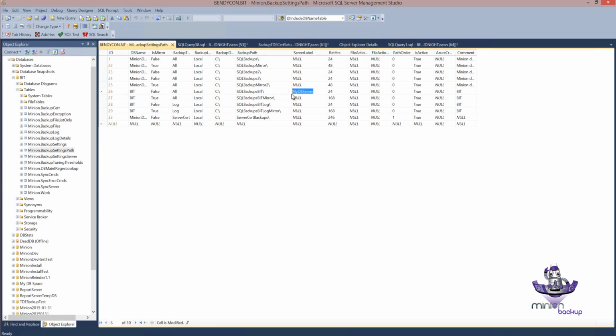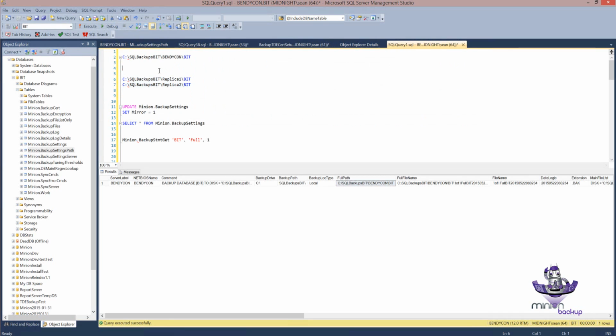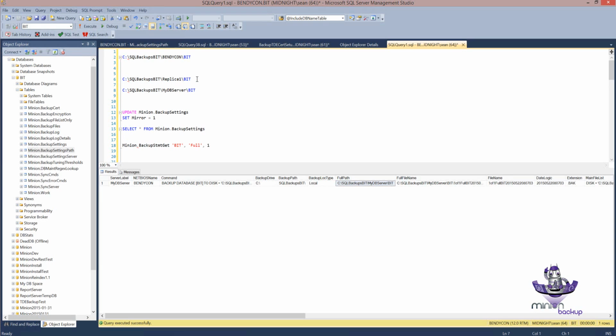So you could name this after the AG listener. You could name it after the application. You could name it anything you wanted to. So let's go ahead and make this the same for all of these bits right here. There we go. So now that I've got that, now I'll come over here and I'm going to run this code again. There we are. And you notice how now the path, let me get rid of these guys. Now the path is my DB server instead of replica 1. So now no matter which node I'm on, if I configure the server label, they'll all be going to the